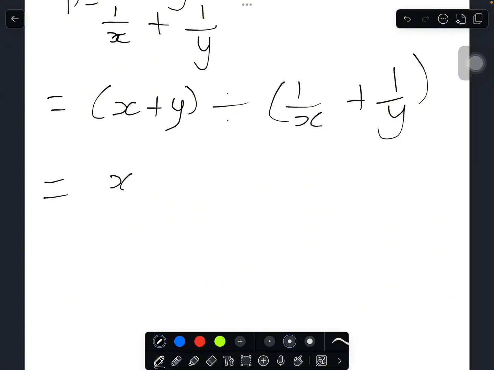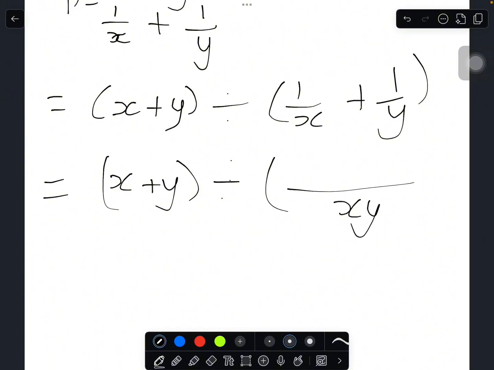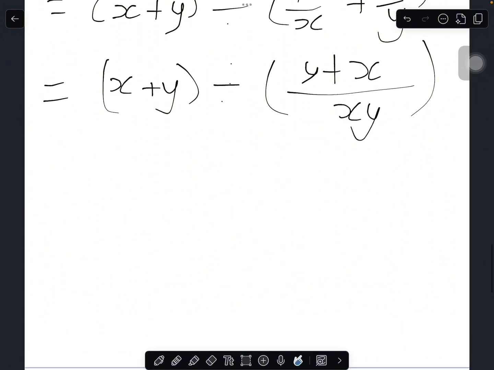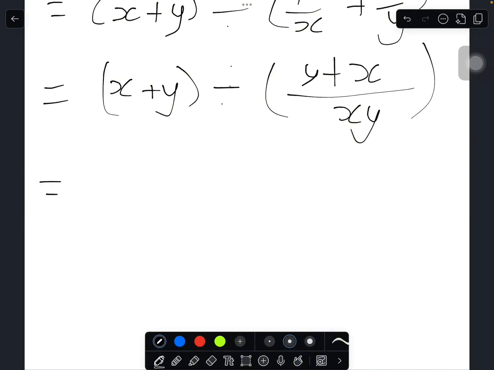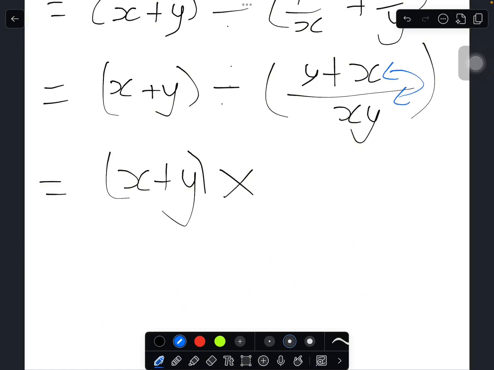So this x plus y, we still can't do anything about it right now. We can't do anything about this division, but we can add these two terms. So we're going to find a lowest common denominator, and that's going to be xy. And then we're going to have y plus x here. Then what you're going to do is, when you're dividing, you can do what is called the reciprocal. So I'll have x plus y, okay, and if I do the reciprocal, I can multiply it by swapping both these terms. And then now what I'd be left with is xy